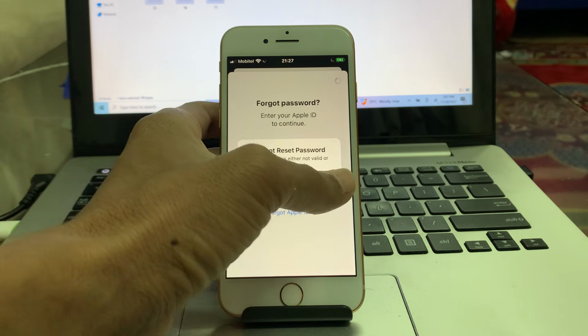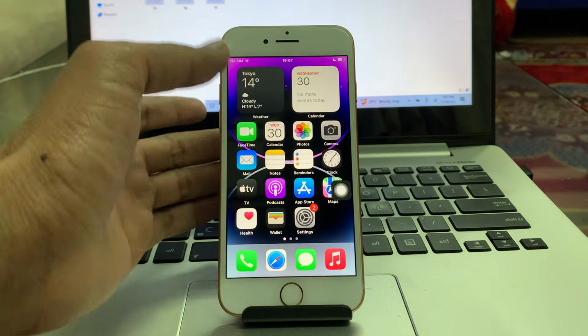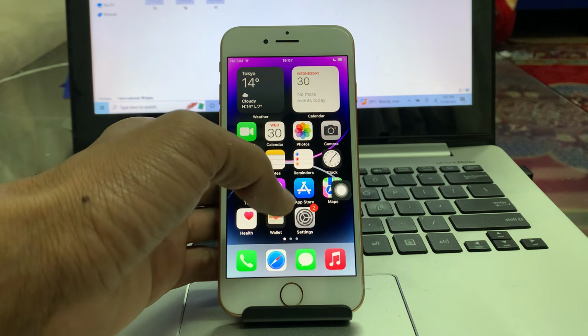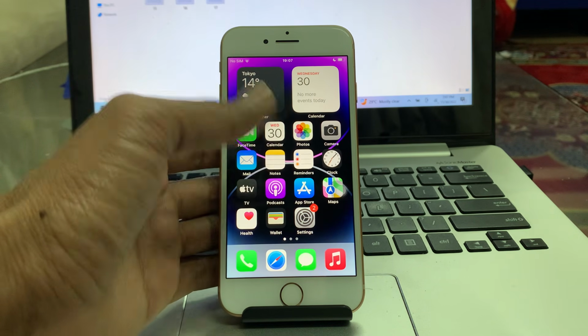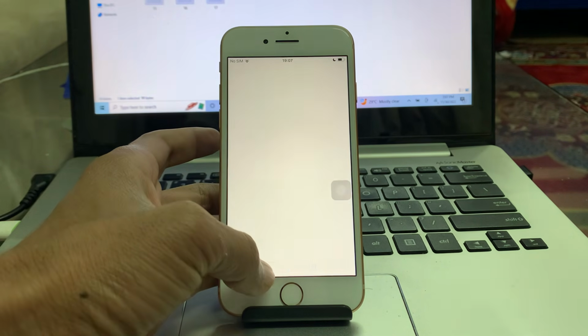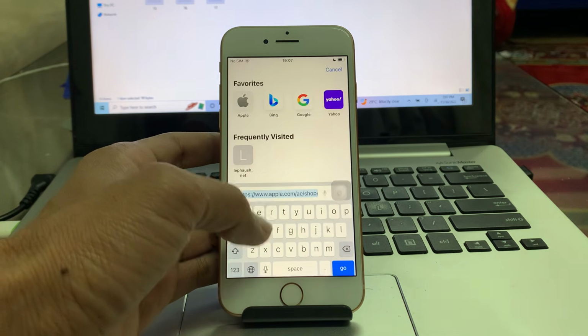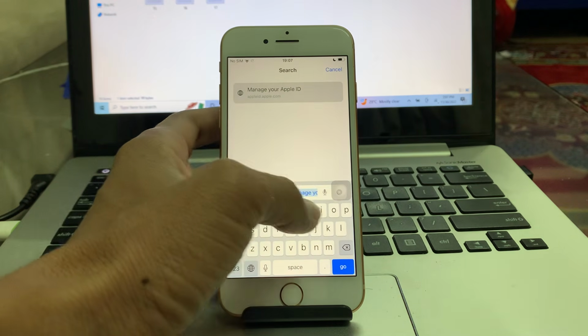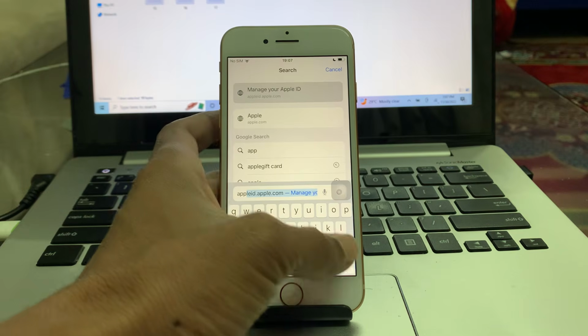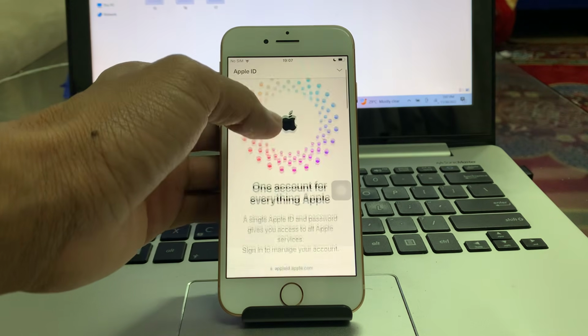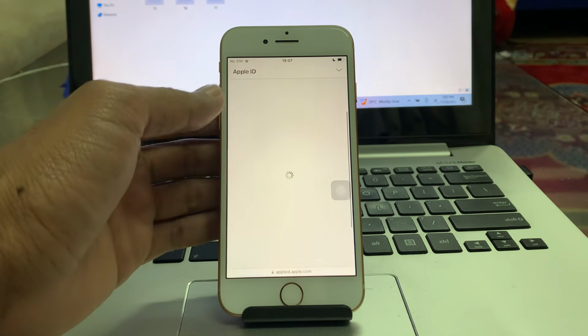So what you're gonna do is, you don't have to reset your Apple ID from settings. So if you're trying to reset it from settings or App Store, don't do that. Go to the Safari browser and search for appleid.apple.com. So go to the official website, then click on sign in,